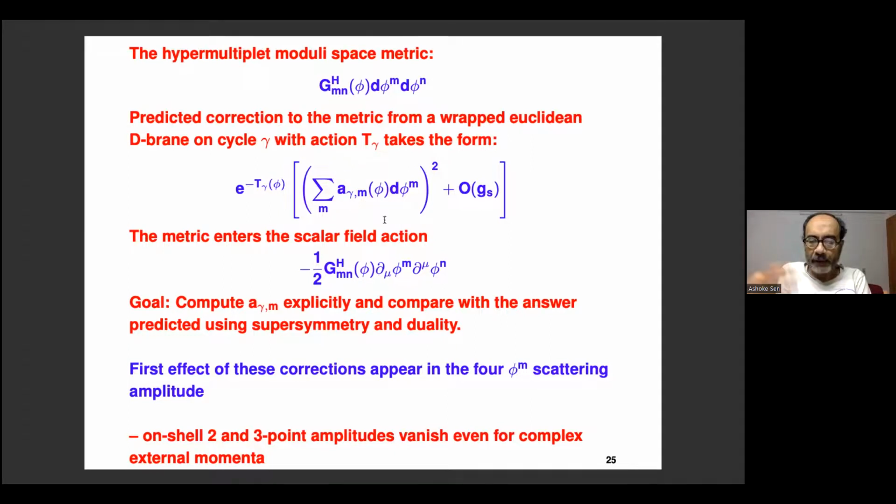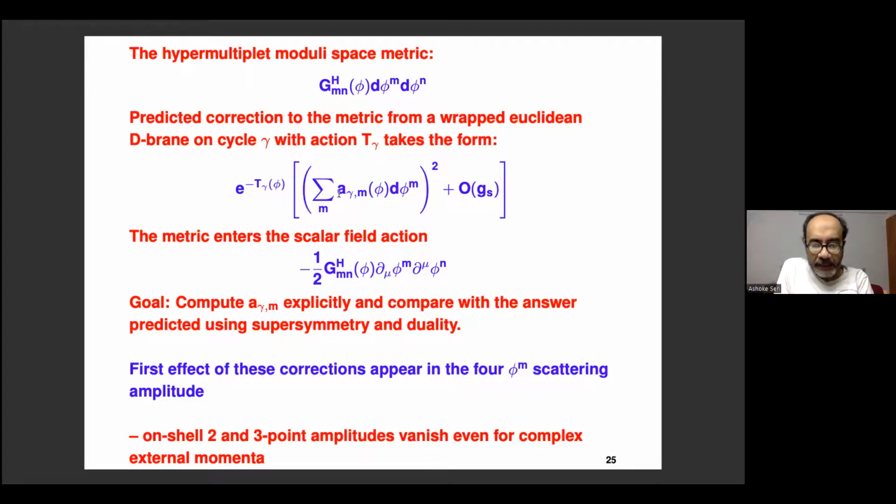And then we went back to the formula that existed from the duality analysis, and we found that we can actually bring it into this form after some field redefinition. Anyway, the upshot is that S duality, mirror symmetry, and supersymmetry already give a prediction for what these numbers are. And now you have to see how to compute this directly from string computation.